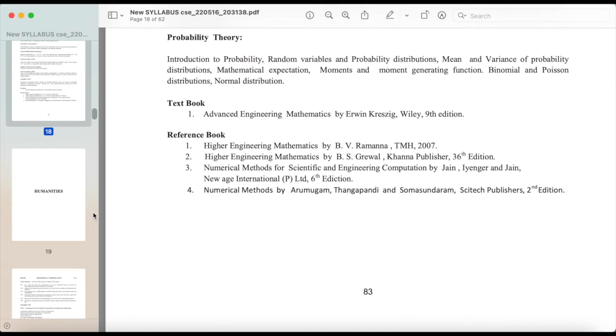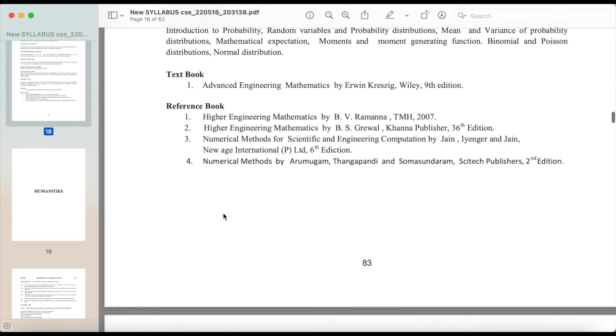Probability Theory: Introduction to Probability, Random Variables and Probability Distributions, Mean and Variance of Probability Distributions, Mathematical Expectation, Moments and Moment Generating Function, Binomial and Poisson Distributions, Normal Distribution. Textbook 1: Advanced Engineering Mathematics by Erwin Kreyszig, Wiley, 9th edition. Reference Book 1: Higher